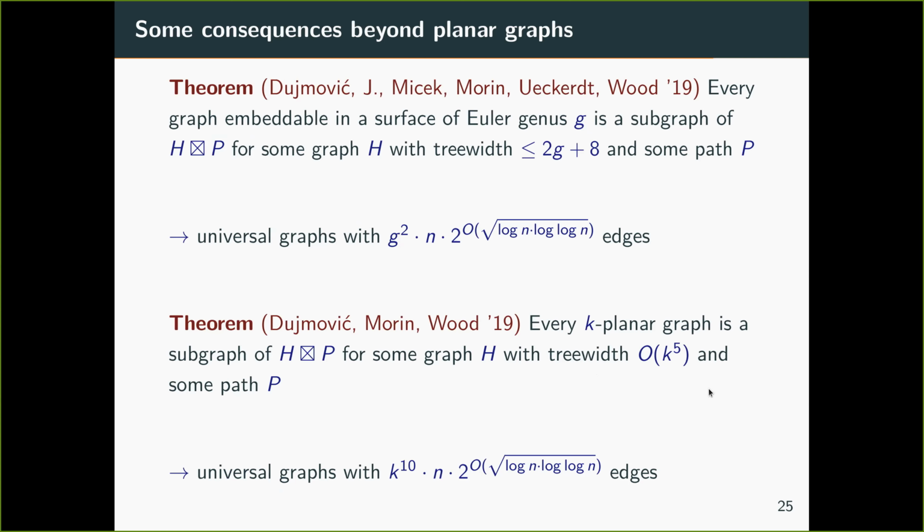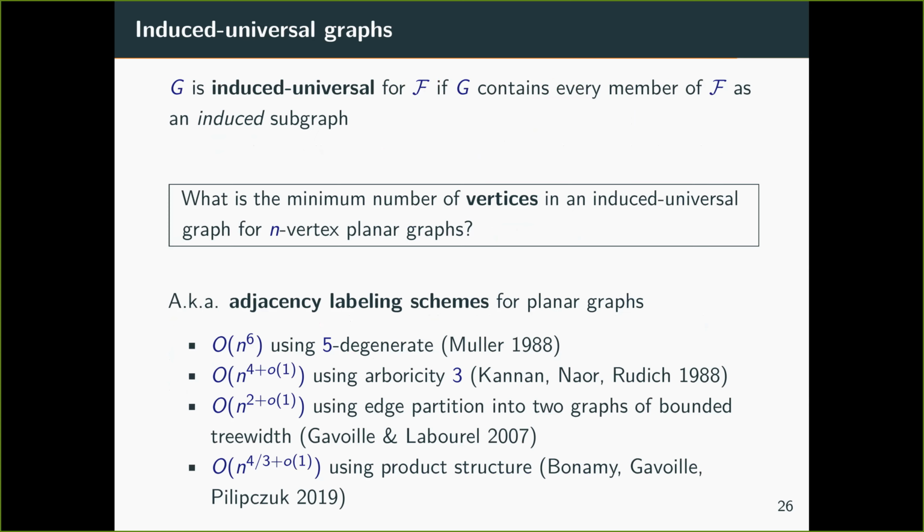I see that my time is almost up. So I was planning to talk a bit about induced universal graphs, but I would say only 2 words then. There is a related notion of induced universal graphs. And there you want to realize the graphs in your family as an induced subgraph. And now the problem is no longer to minimize the number of edges, but to minimize the number of vertices. And this is not trivial, because you can no longer take a complete graph here. You want to realize your graphs as induced subgraphs. So it's a real problem here.